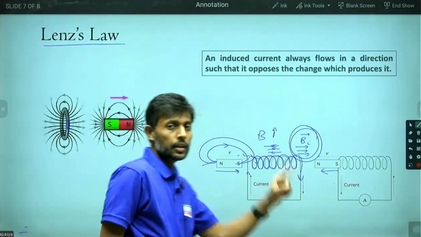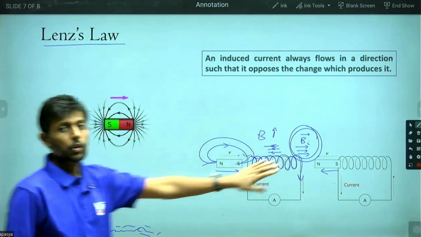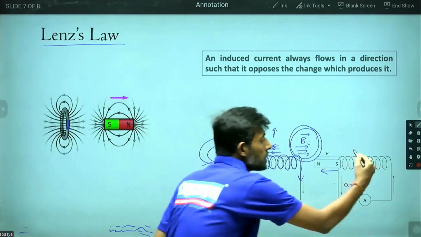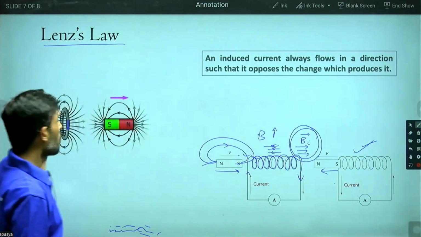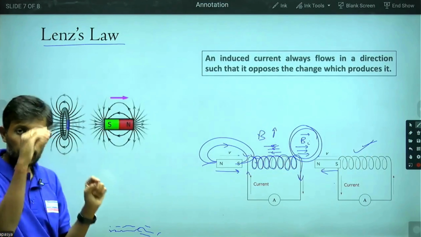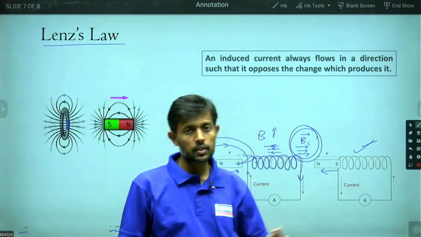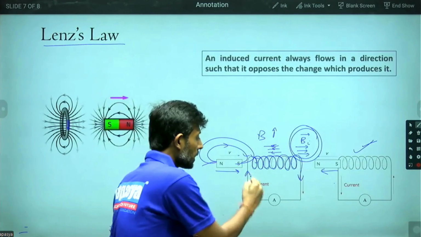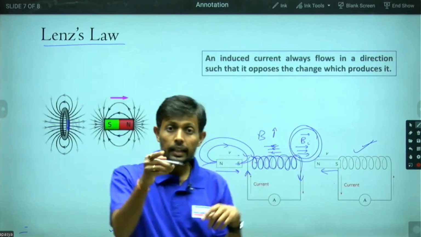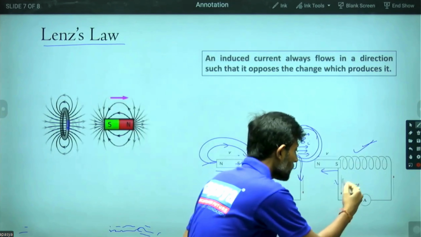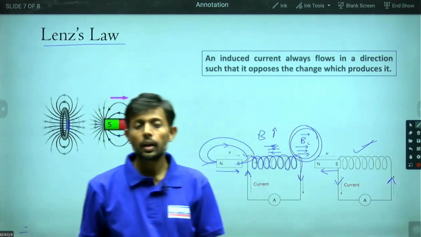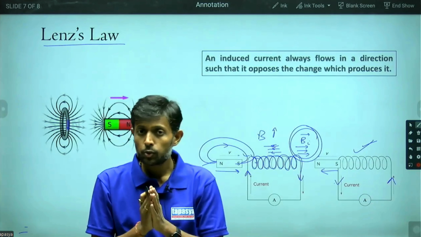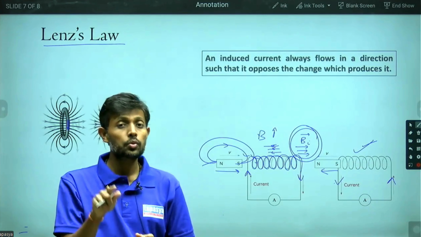Now, this example is similar to the very first example, so we are going to skip that. We've already done this. Here we had just one coil or just one loop. Here we have many loops. That's the only difference. So if you're moving it towards, you're getting current in this direction. If you're moving it away, you'll get the induced current in the opposite direction. That's all, okay? So this is how we can use Lenz's law to find the direction of induced current or